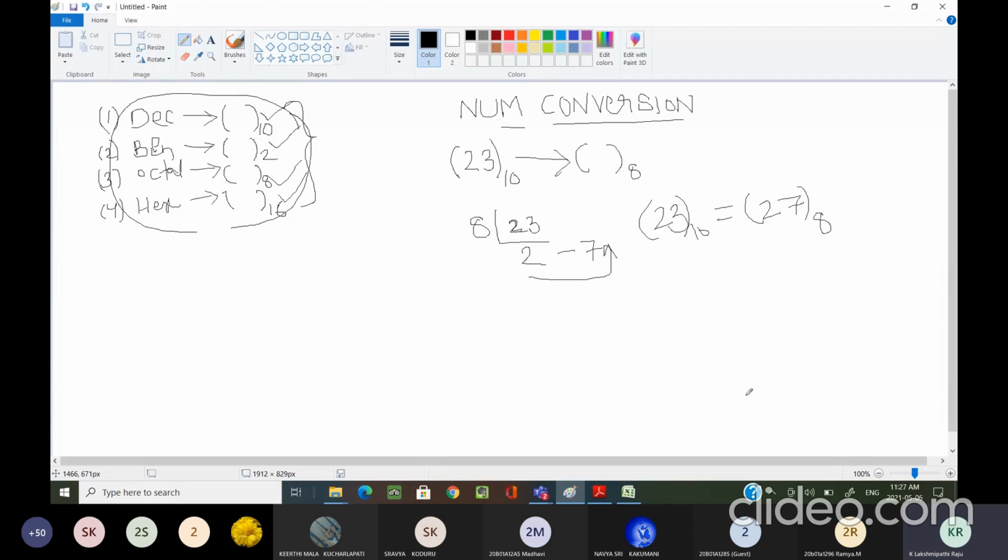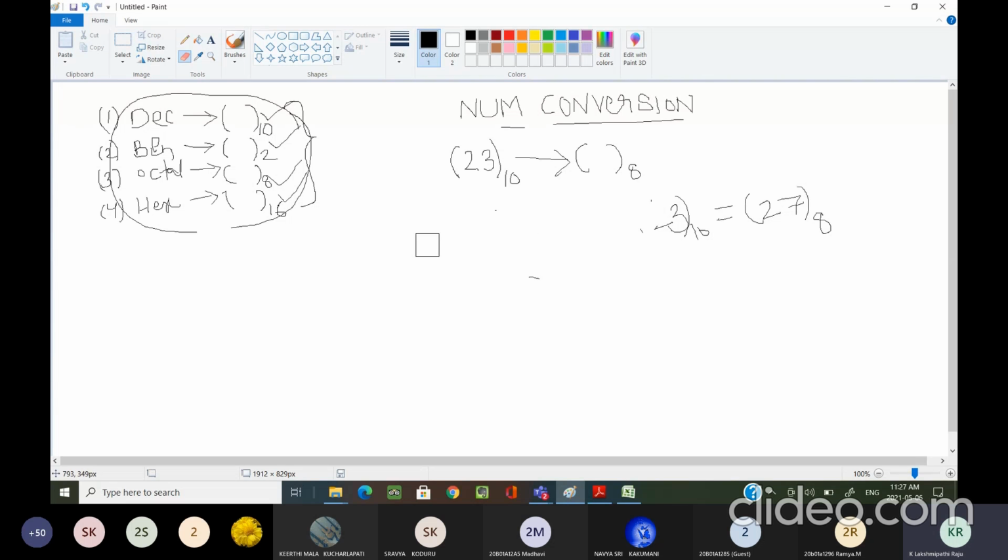Am I clear, everyone? Yes, sir. These are simple problems you can do on your own. If you want, you can take another random number. Here I am taking some random numbers as an example. You can take your own number. Please write down these example problems in your notebooks. You can do these examples on your own. Take any number of your own and follow this procedure. Okay, I hope this is clear.